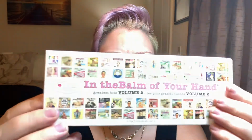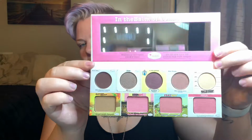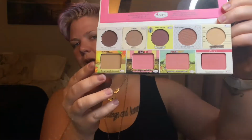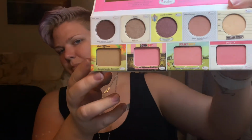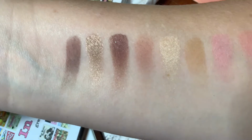And I will show you what those look like. I know this because it's all on the back. All right, so we go ahead and open it up. Nice big mirror there. We love a big mirror. And there are all of the shadows, blushes, highlighter, and bronzer. So I'm gonna swatch these for you. There we go. All right, so the first four,